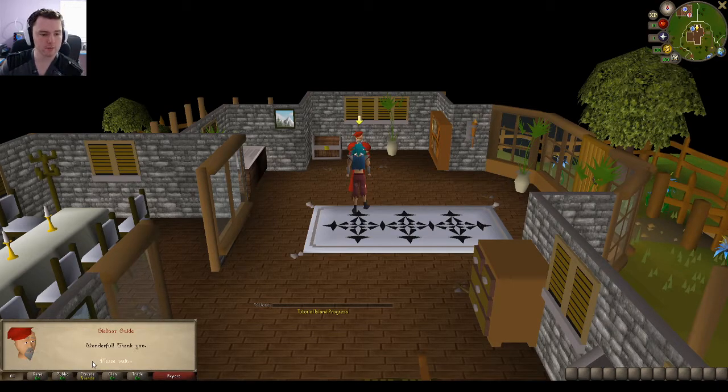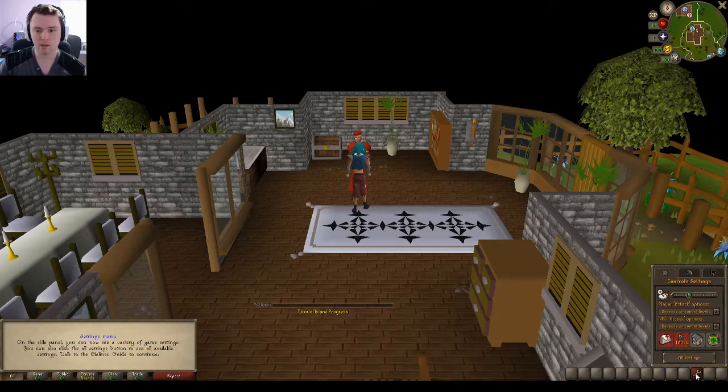Wonderful, thank you. Now then, let's start by looking at your settings menu. Please click on the flashing spanner icon at the bottom right of your screen. This will display your settings menu. Okay. On the side panel, you can now see a variety of game settings. You can also click all settings button to see all available settings. Okay. So